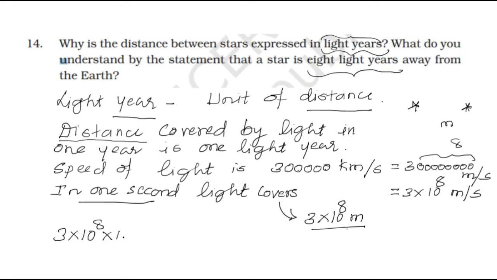right? And then we'll convert it for 1 minute, means we have to multiply it by 60 seconds, and then we have to convert it by 1 hour, then we have to multiply it by another 60 minutes, and then we have to multiply it for 24. And why 24? 1 day, and then 365. So approximately you will get a number